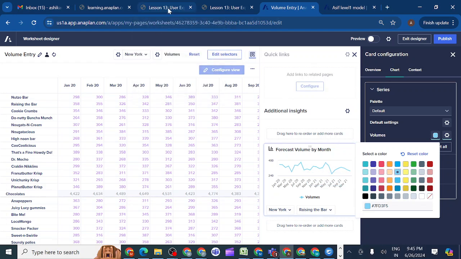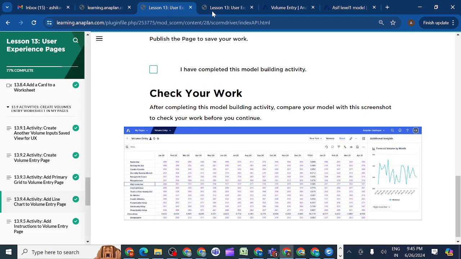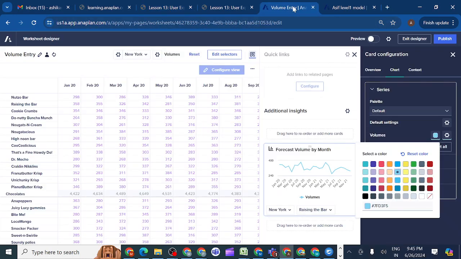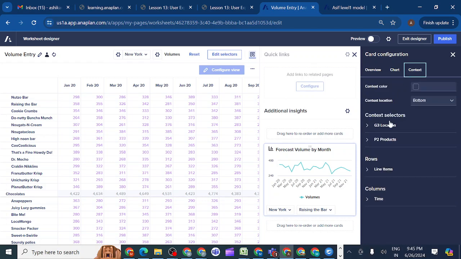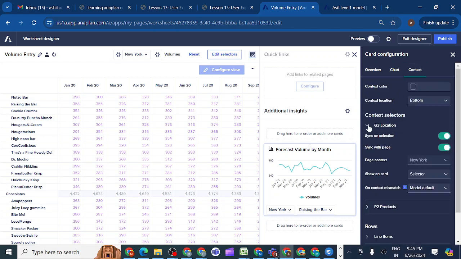Is it correct? It is not correct, but still whatever color we want we can select, not a problem. So after selecting color, in the context tab, what they are expecting we can see here. So in G3 location, what they are expecting: